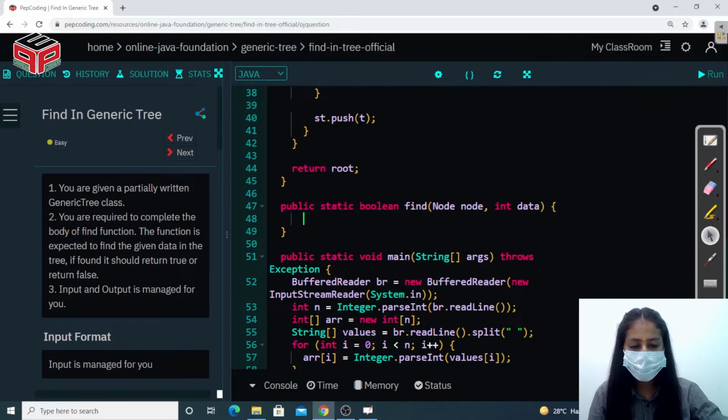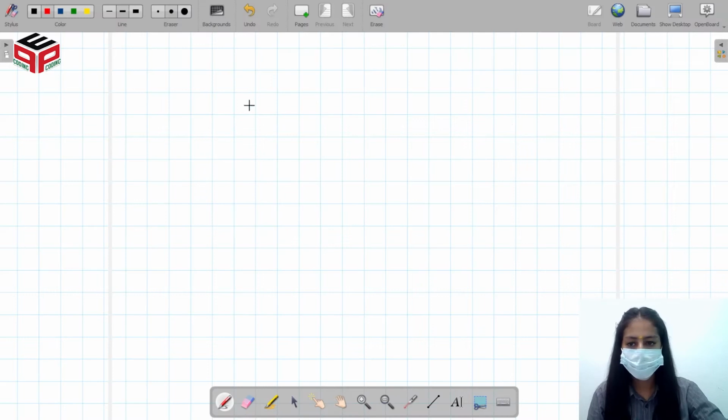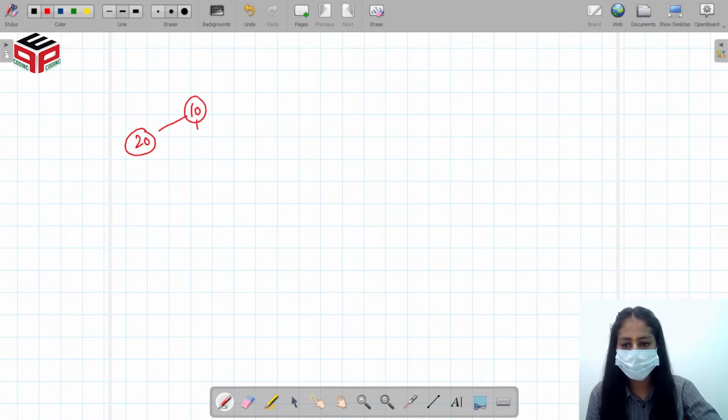So let's discuss its approach first. Let's say we have a generic tree like this. We know that in a generic tree a node can have as many children as it can.